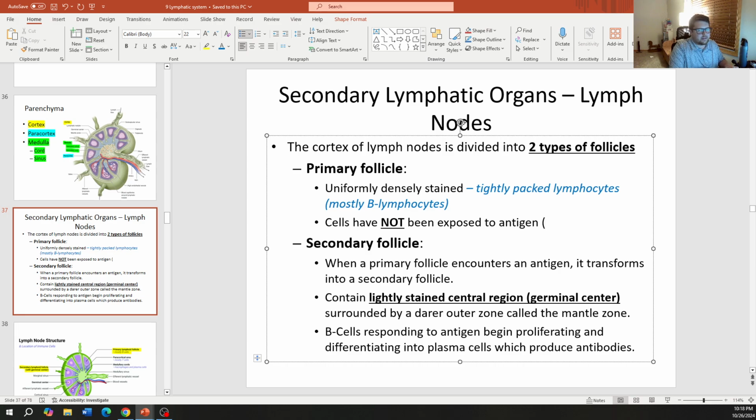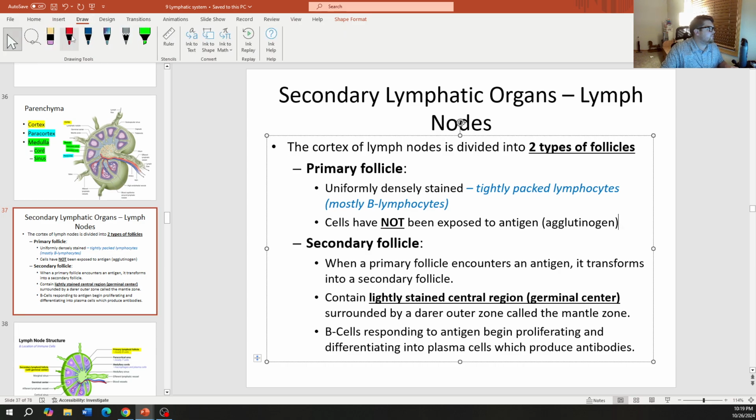An AKA that you might hear is agglutinogen. Agglutinogen, I think that's how it's spelled. That's just an AKA for antigen, but it is the component on the cell. So every single cell has little protein markers. So for example, like a red blood cell,